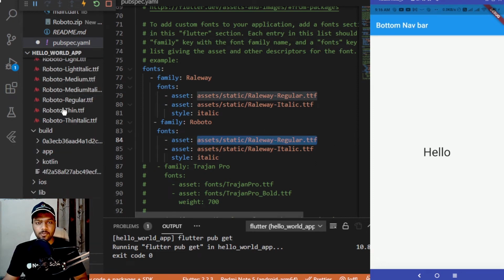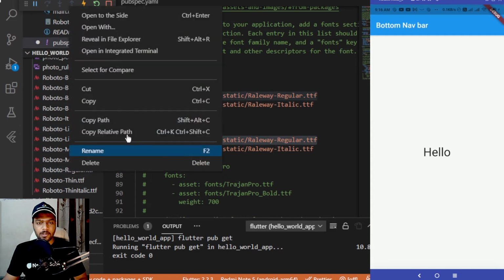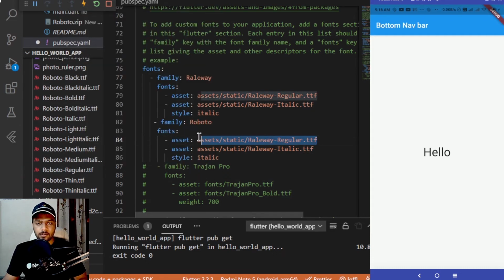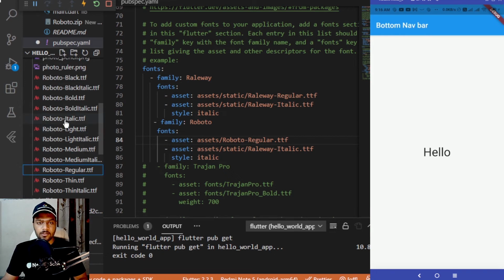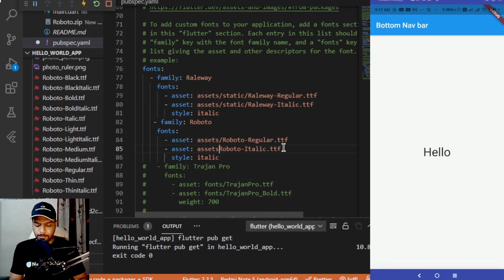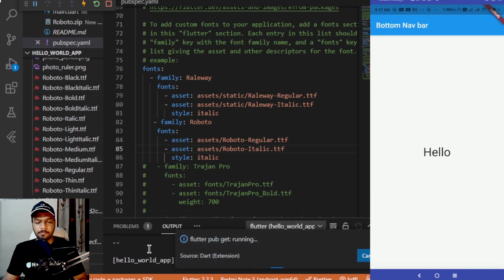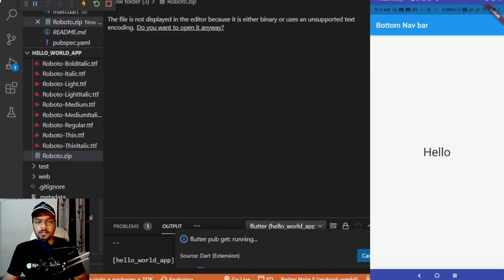So rather than pasting it from new folder, let me just copy it from the assets directory which we are having, pasting it over here and deleting this, adding this, copying the italics one as well, pasting it over here, and in place of this I'll be adding this. Now hitting Ctrl S so that the flutter pub get command is running in the background and the fonts are fetched for us and the implementation starts working.